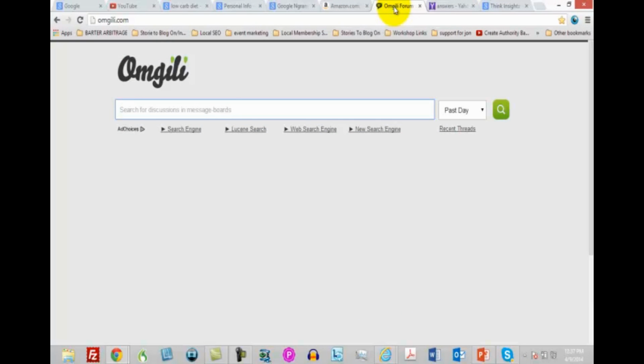If you want to know what the conversations are in message boards and online forums, you can use a site called OMGILI. Now, there are other sites that are similar to this one. I think there's one called Board Tracker. They range in what they do. OMGILI is probably the most well-known. You're going to put your search term inside of their